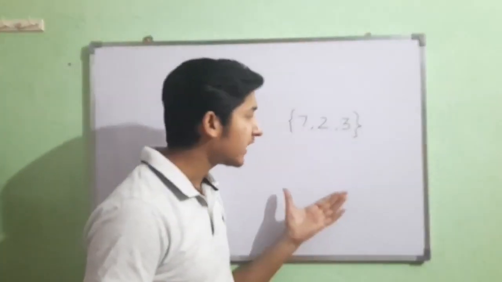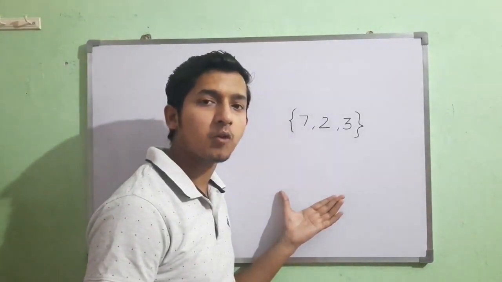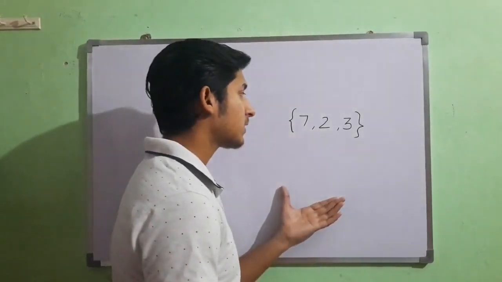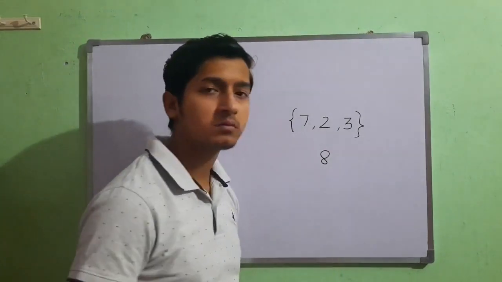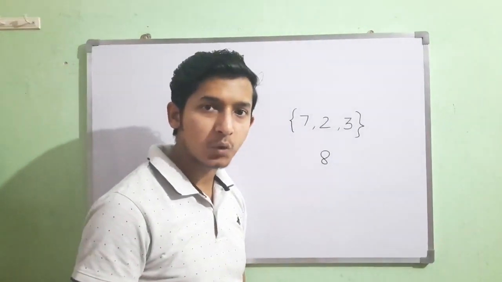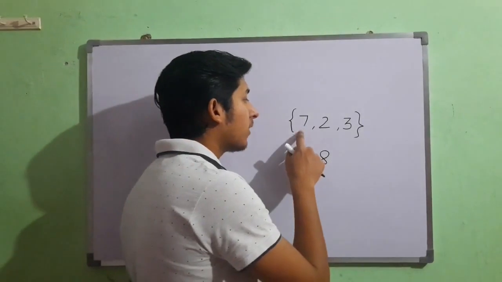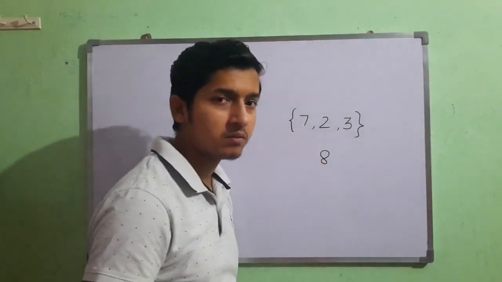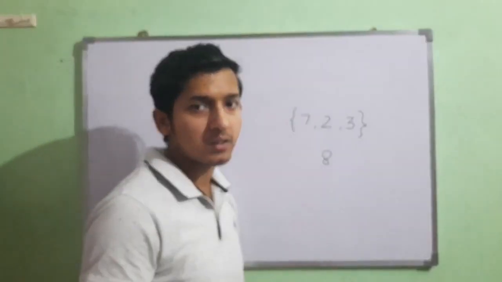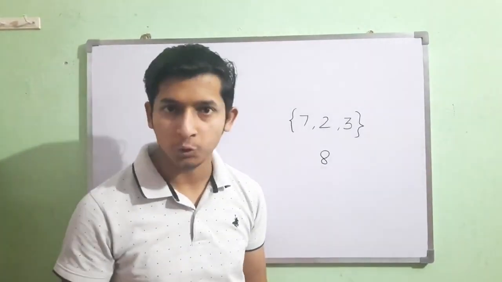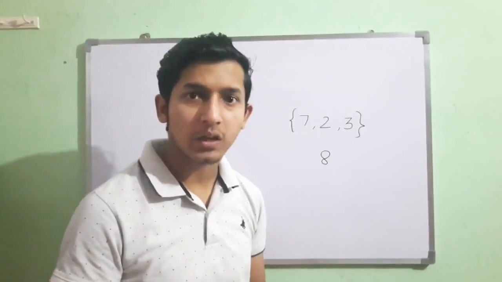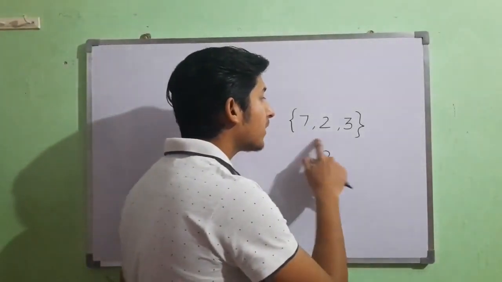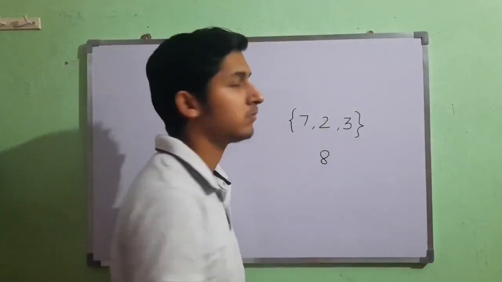Now suppose here is a non-standard system of coins in which I am to get the sum 8. If I proceed with the greedy approach, I will take 1 coin of value 7 and now I'm left with value 1. And here is a problem: I do not have any coin with value 1. So this approach fails when we have a non-standard system.